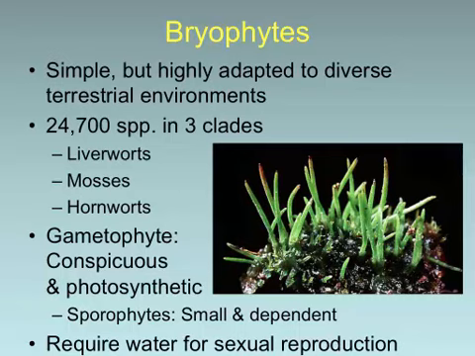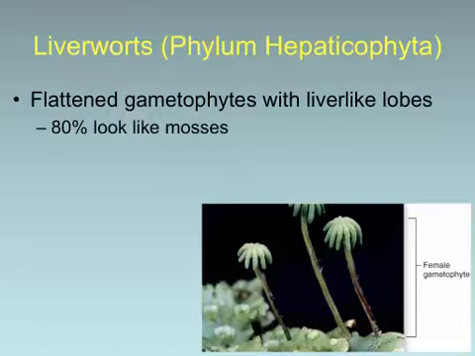As I said before in the previous section, the bryophytes, again referring to the entire group of 25,000 species, are in a very loose sense the plant equivalent of what amphibians are. They were able to move out of the water to a degree, but they still have to be near water or have water around them at the very least for the sexual reproduction part of their life cycle. They have to have water for reproduction.